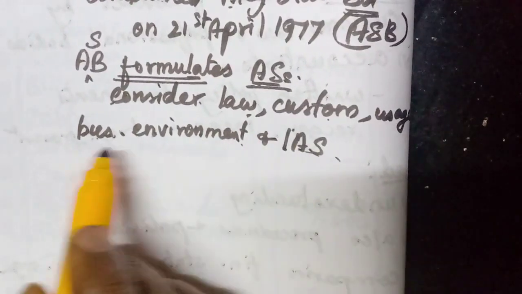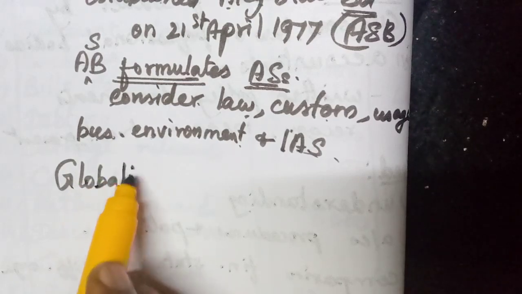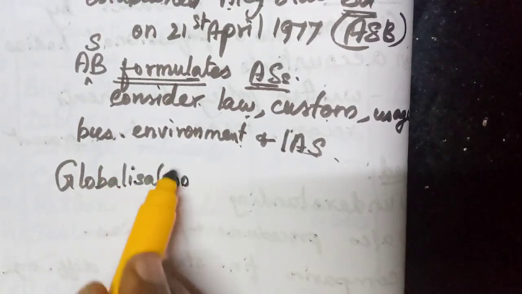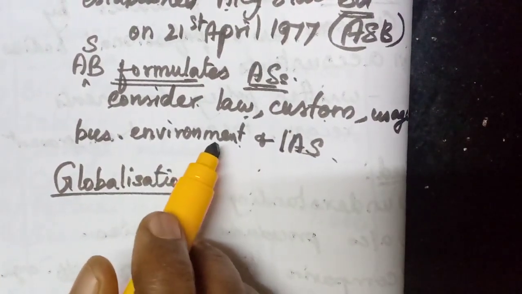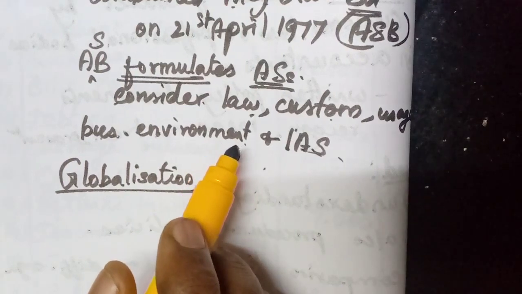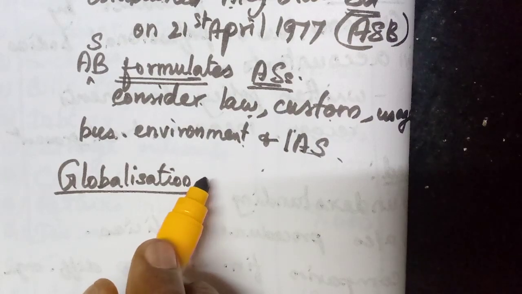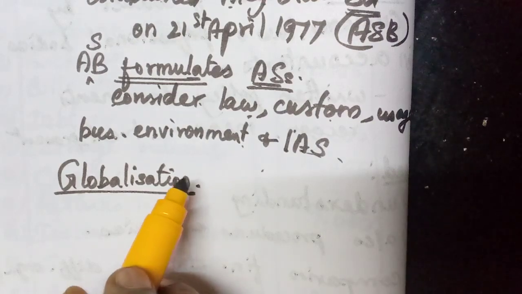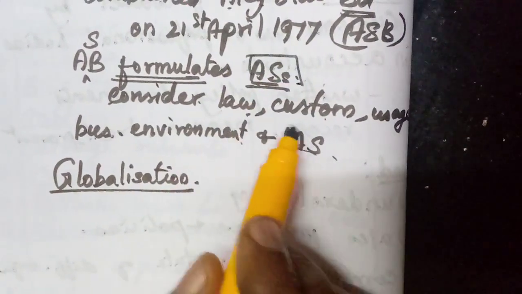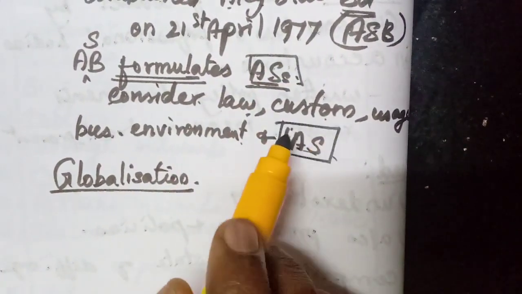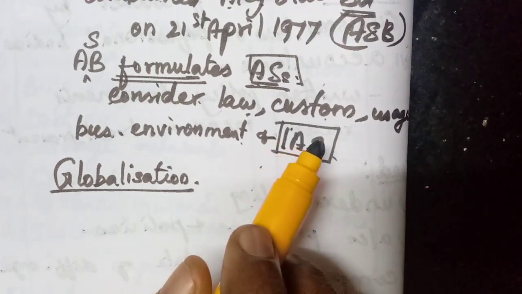Now, because of globalization and liberalization, all countries have come under one roof. Universally accepted principles are followed by all the accountants. So with our Indian accounting standards and the international accounting standards, they have now passed one new